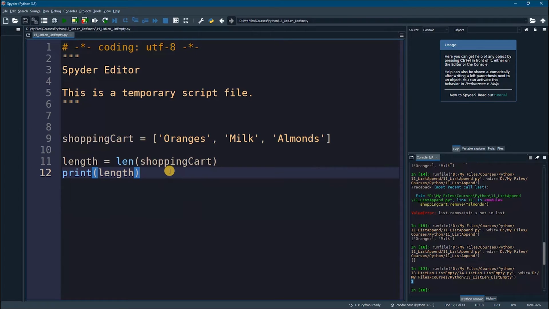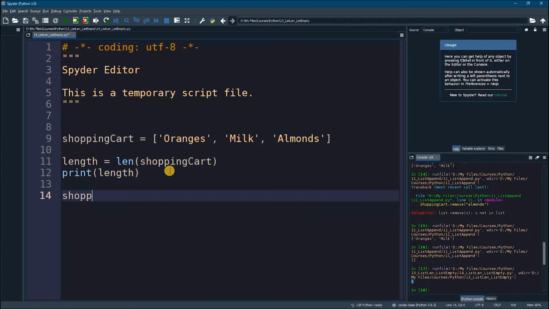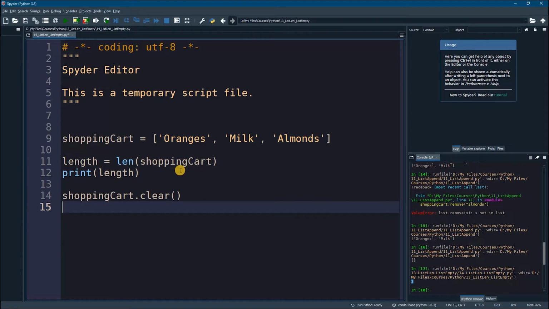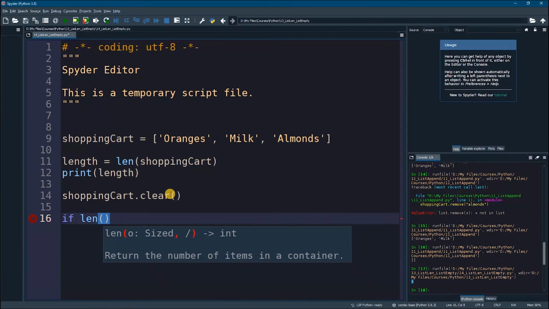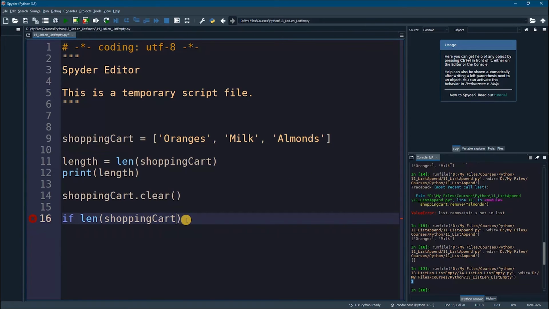Well, that's really good. Now, let me clear this. So I'm going to say shopping cart dot clear, meaning my shopping cart will be empty right now. And I want to make a condition that if my list is empty, to print me some message. So I would say if len of shopping cart is equal to 0,